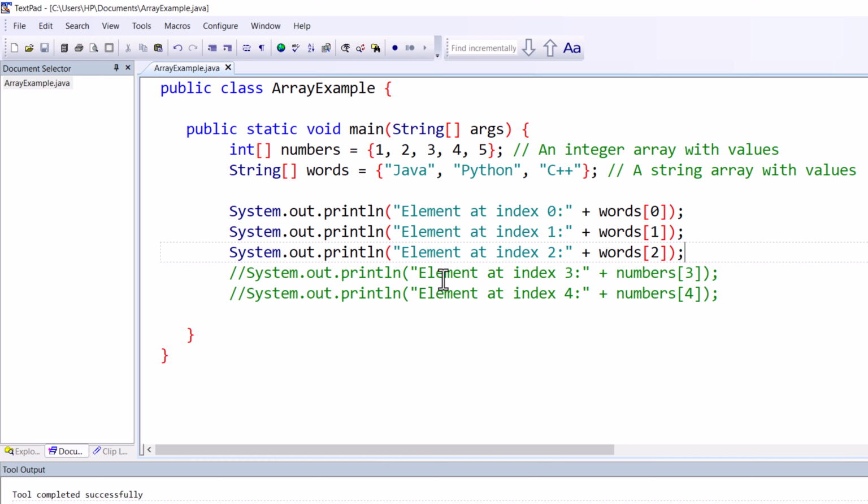In the next video, I'll show you how you can use a loop for accessing the elements that are present